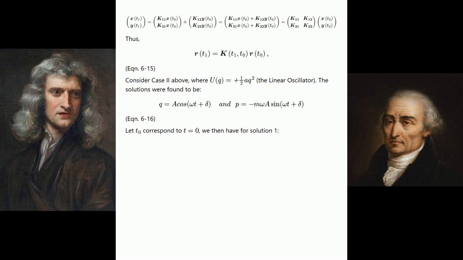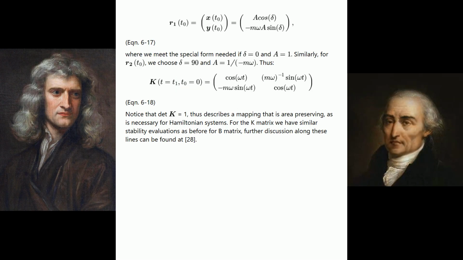Let t sub 0 correspond to t equals 0, we then have for solution 1, see equation 6-17, where we meet the special form needed if delta equals 0 and a equals 1. Similarly, for bold italic R sub 2 of t sub 0, we choose delta equals 90 degrees and a equals 1 divided by negative m omega. Thus, see equation 6-18. Notice that det bold italic K equals 1, thus K describes a mapping that is area preserving, as is necessary for Hamiltonian systems. For the K matrix we have similar stability evaluations as before for the B matrix. Further discussion along these lines can be found at